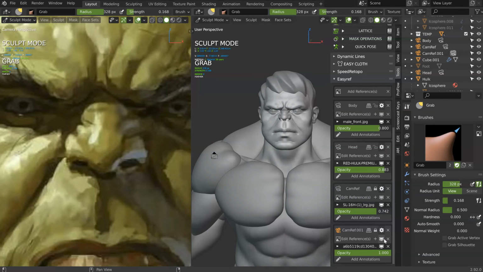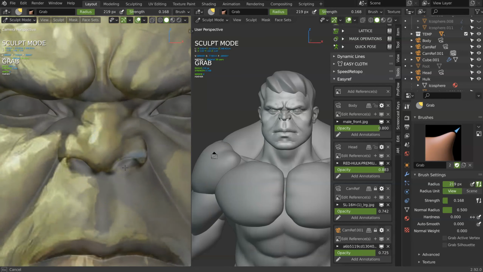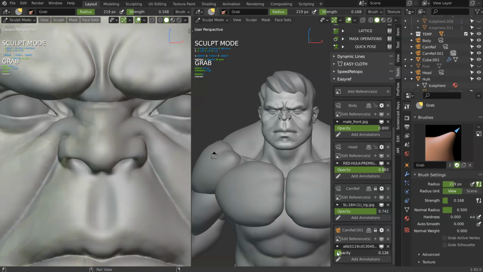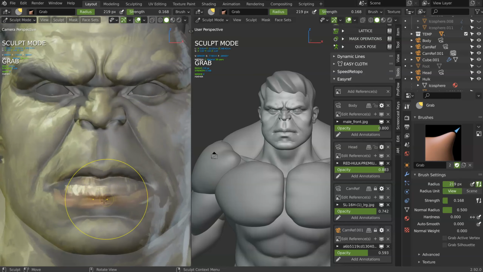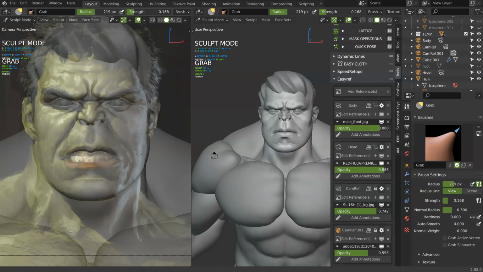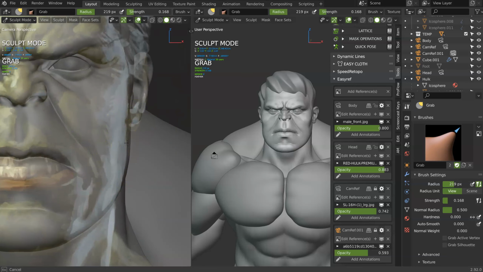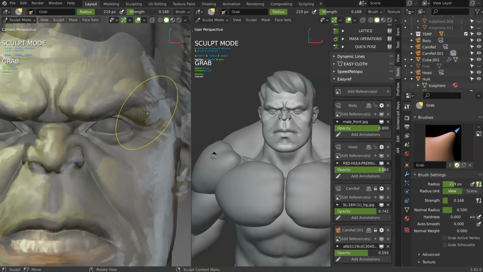Or you can just click here. Okay. And as you can see, just like that, this is pretty easy. You just have to follow your reference.